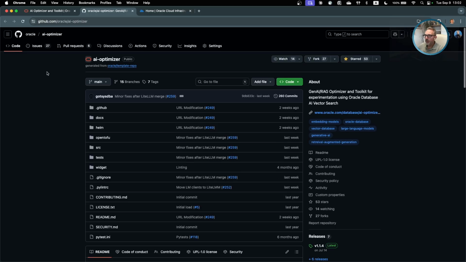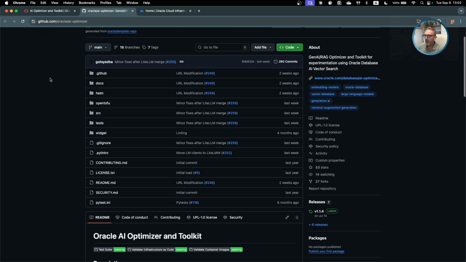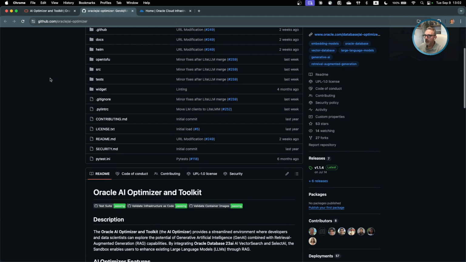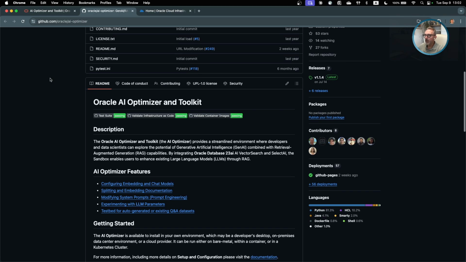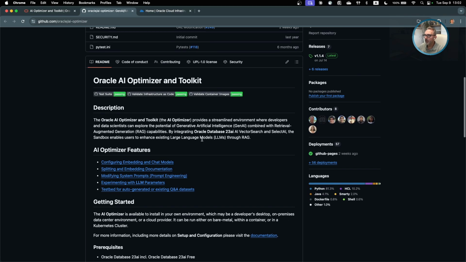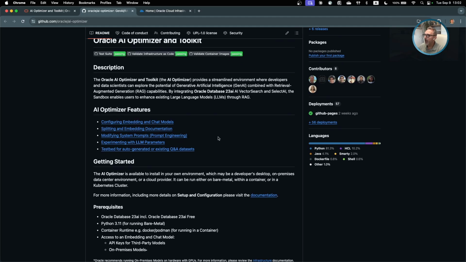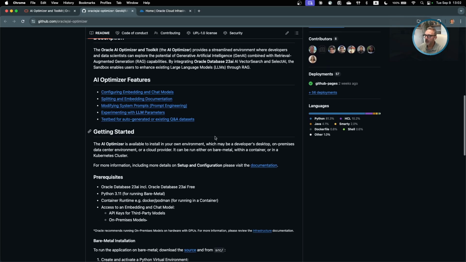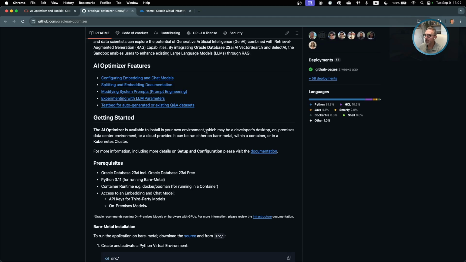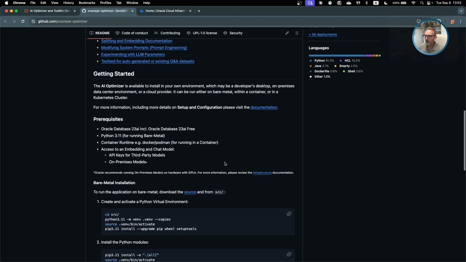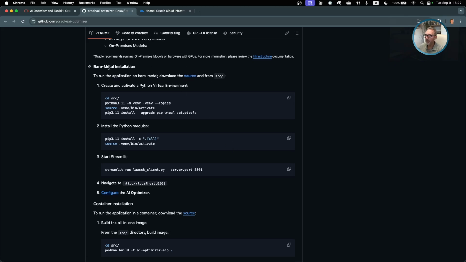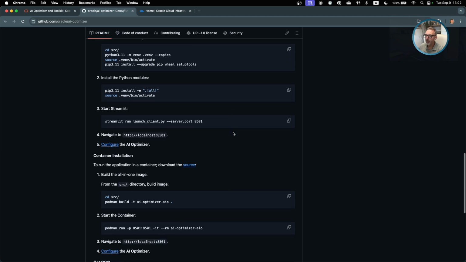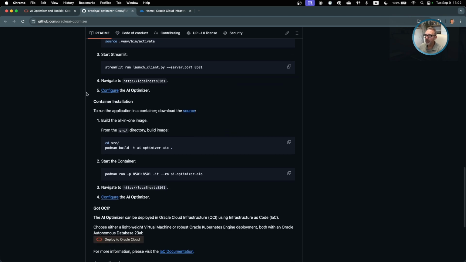And this is the official AI Optimizer GitHub repository, where you can find the entire code with all the readmes. And this README is actually very well structured. You can find a lot of information about the code and how to configure it later on, when you have challenges regarding how to put together different things. So, for example, you have information on how to put the different setups together, like bare metal, meaning an on-prem setup, and how to run in a container.